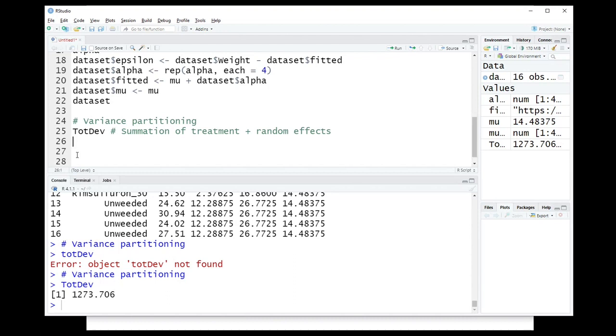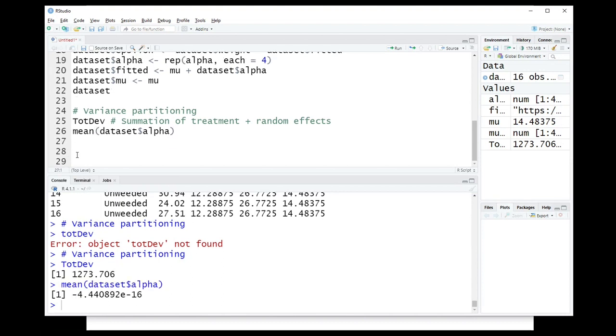we could take the mean for alpha now, which is obviously 0. See, it is not exactly 0 because R has an approximation for very small values, and the smallest value it can represent is roughly 10 to the minus 16. So a negligible value. This is 0 indeed. So if the mean is 0, I can calculate